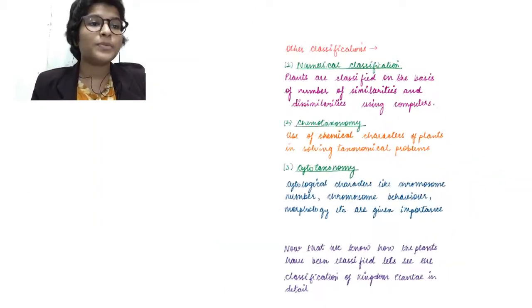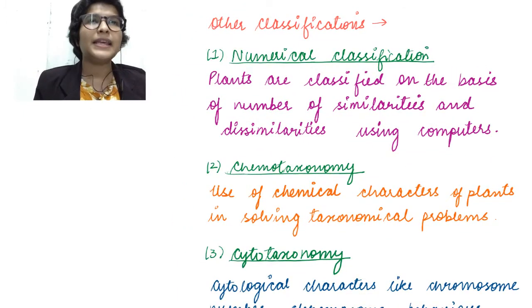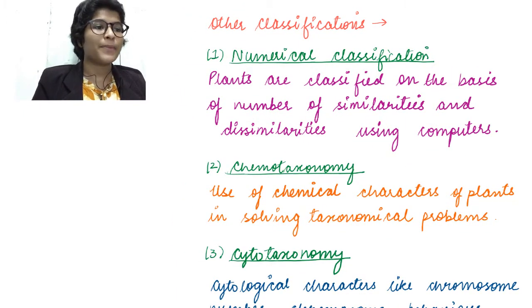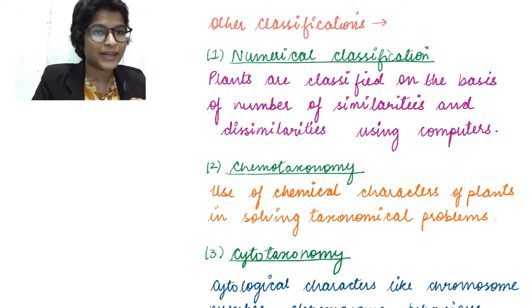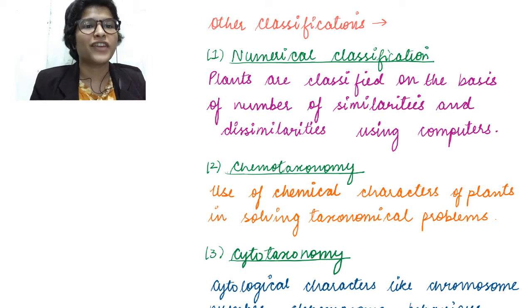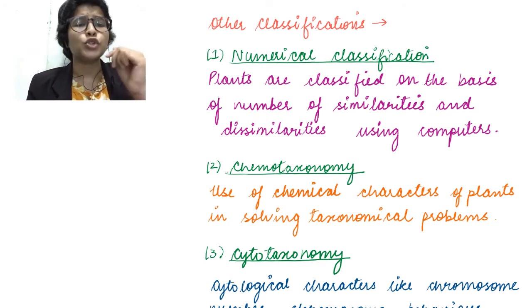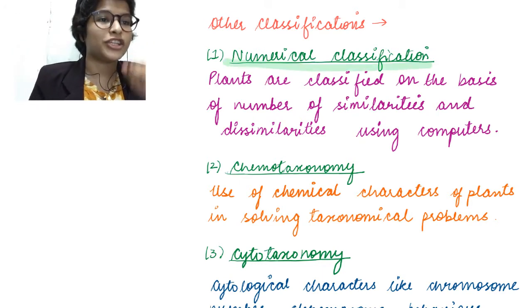Now apart from these, we had some secondary classification systems as well. These are not primary, like we have to classify animals using the natural phylogenetic system of classification, but to aid that we have some secondary classification systems as well. So what are some examples? The first is the numerical classification system.